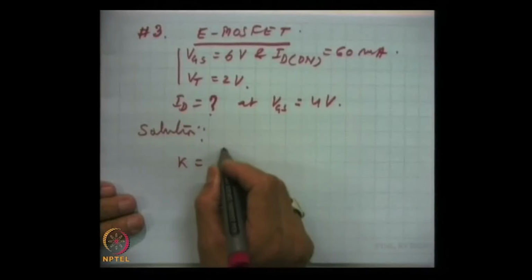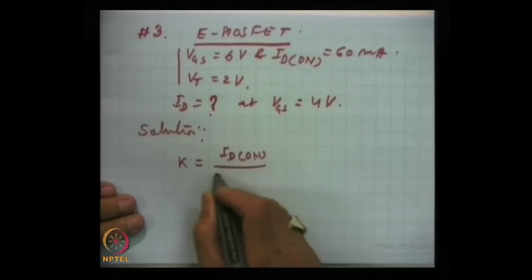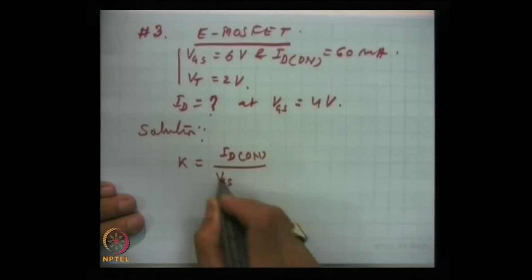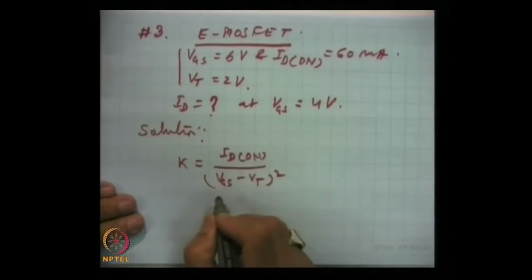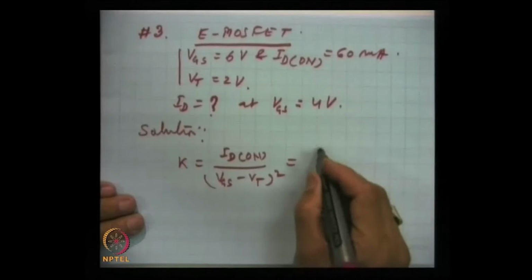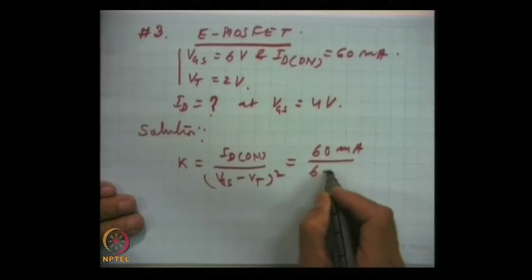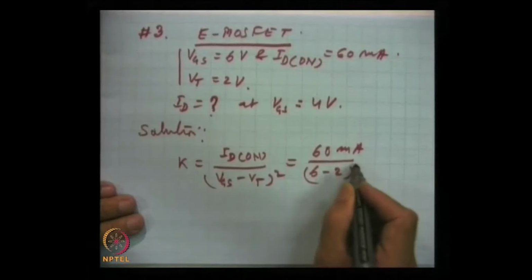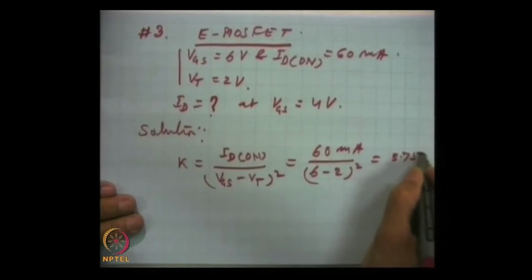It is given by ID(on) = K (VGS - VT) squared. So, we substitute the values. ID(on) is given as 60 milliampere, VGS is 6 volts, VT is 2 volts, squared, and this gives 3.75